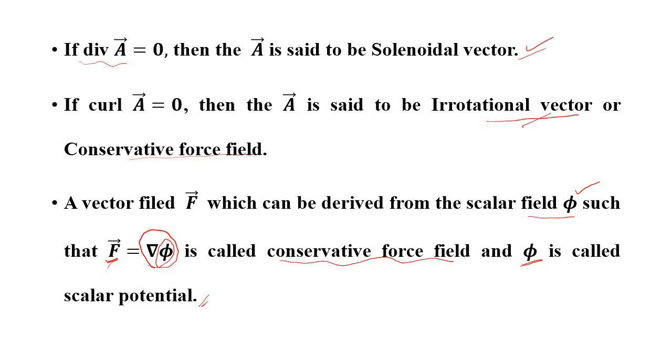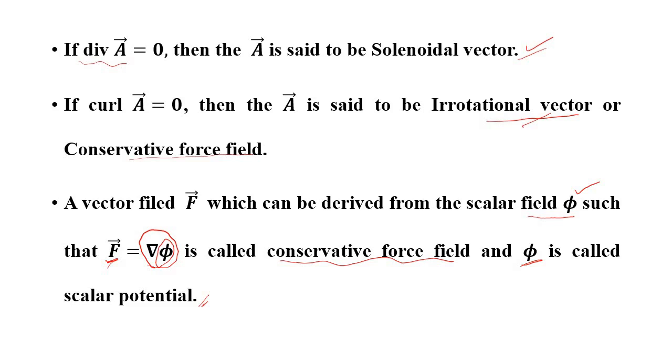The first definition is the gradient of a scalar. Listen carefully. The gradient of a scalar is the partial derivative of the given scalar with respect to x times i, plus the partial derivative with respect to y times j, plus the partial derivative with respect to z times k. That is the gradient of a scalar. Using that, we are going to define the unit normal vector, the angle between two surfaces, and the directional derivative.